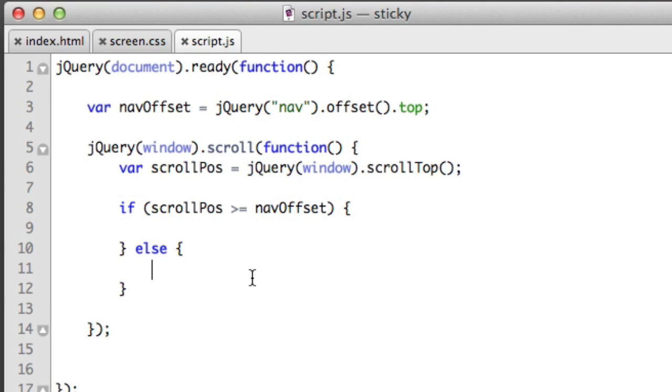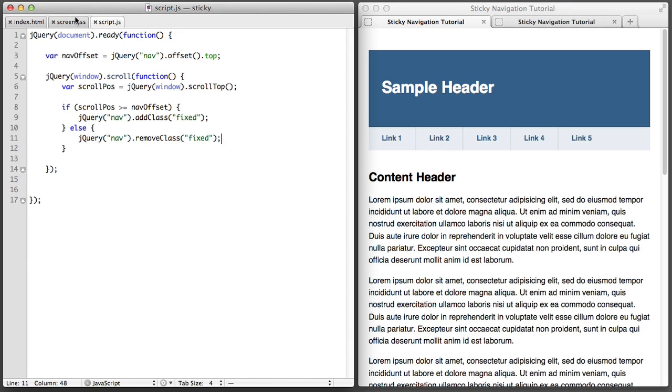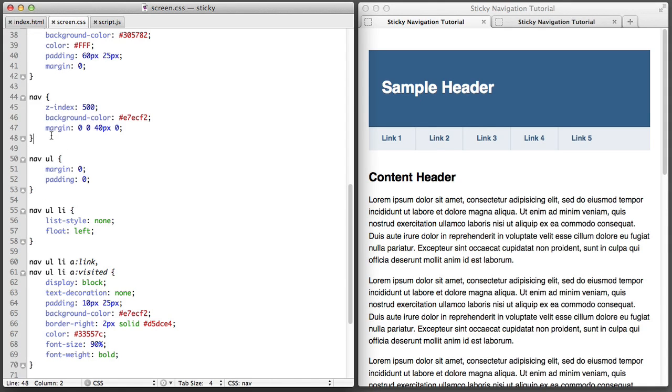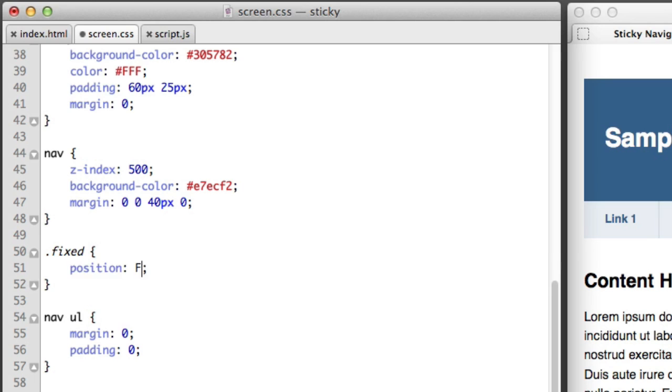So now we can let CSS do the heavy lifting. We just want to use jQuery to add or remove a class at the right moment to enable fixed position. So if the condition is met, we'll select the nav element and add a class of fixed. And if the condition is not met, then again we want to select the element and remove the class of fixed. So now we can hop over to our CSS file and create a new class named fixed, and we'll simply say position fixed